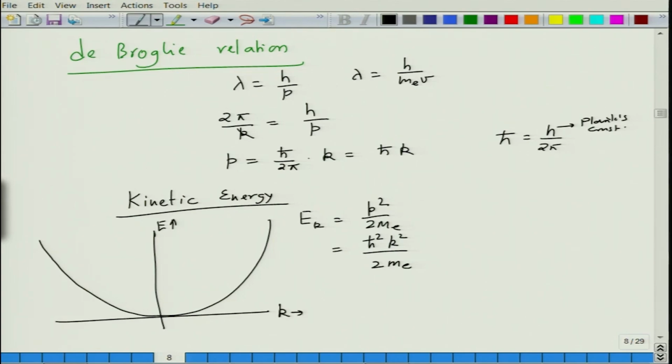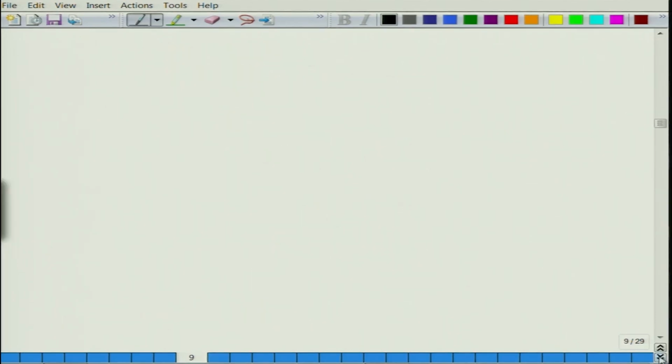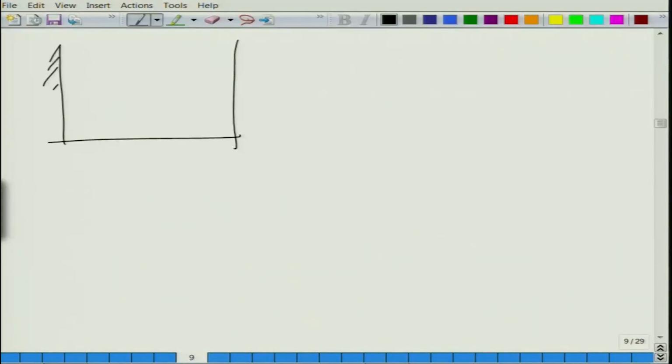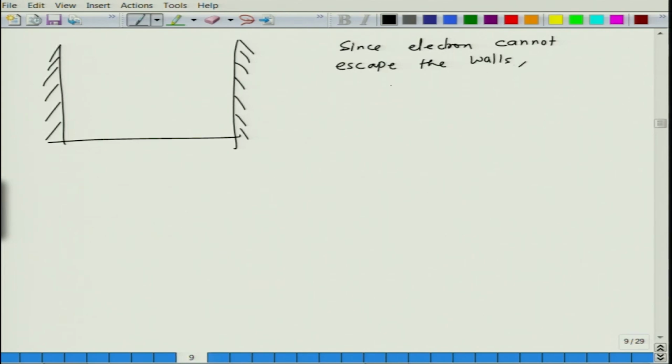Now since electron cannot escape the box, this is the box which has rigid walls here, which means the wave must reflect back from the walls. So since electron cannot escape the walls, the electron wave